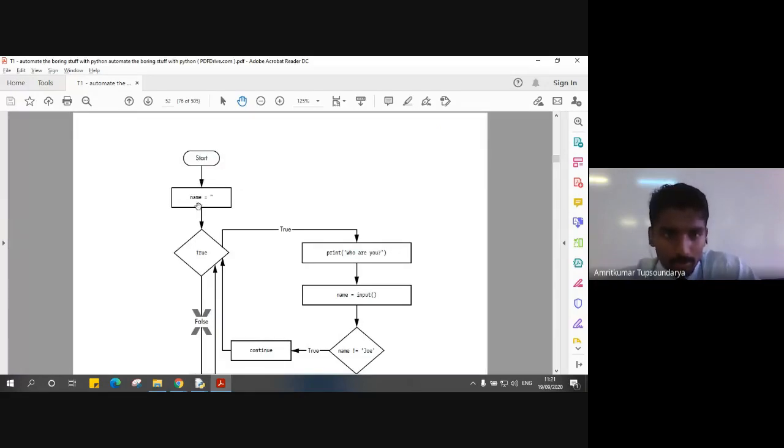We started the program and the name variable was assigned a blank, a null string. Sorry, it's not a double quote. It's two single quotes which have nothing in them, right?